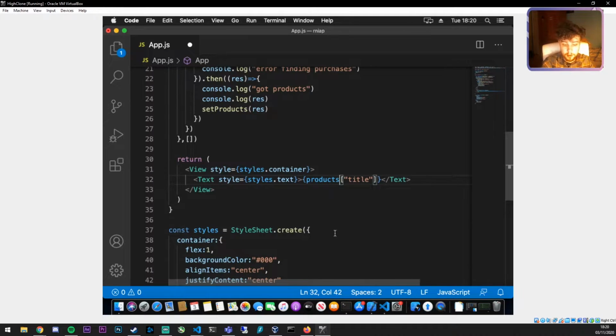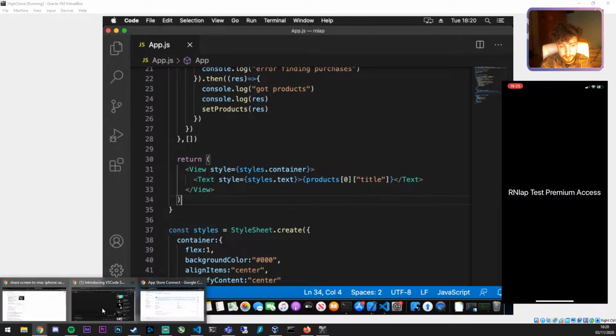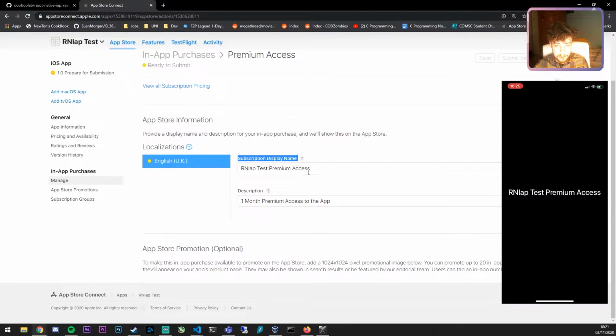Now, since this is an array, we want to access the correct index, index 0 for me, since I only have one in-app product. Okay, let's see if this works, and there we go. You can see that now it's outputting RNIAP test premium access, which, if you remember, is the subscription display name